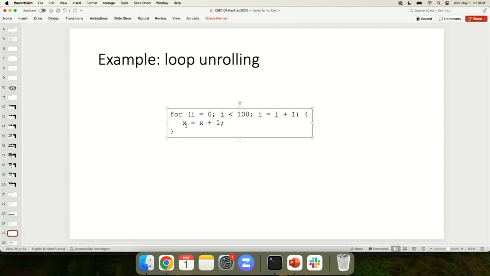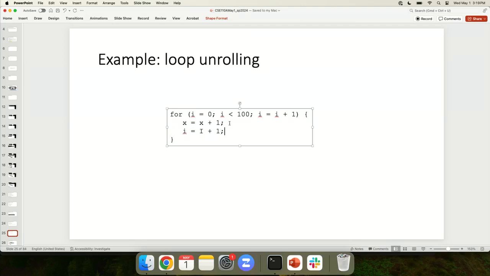So if we think about how this code executes, we increment x, we loop back, and when we loop back, a few things happen here. We check the condition. We check to see if i is less than 100. If it is, we go into the loop again. Otherwise, we branch. So what you can do is get rid of a couple of these checks. And the way you can do that is if you do an update in here, i equals i plus 1,